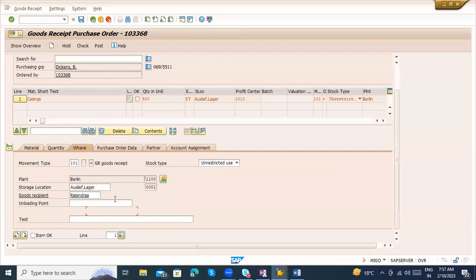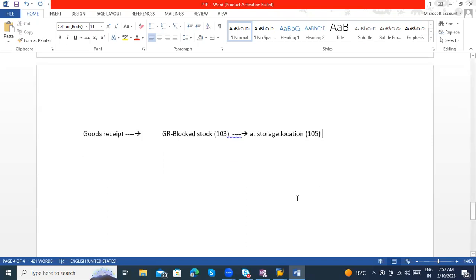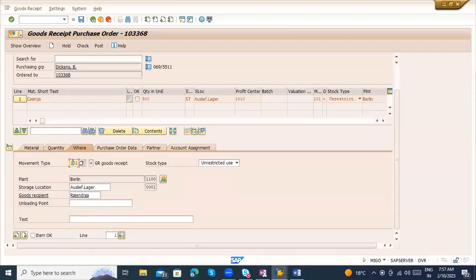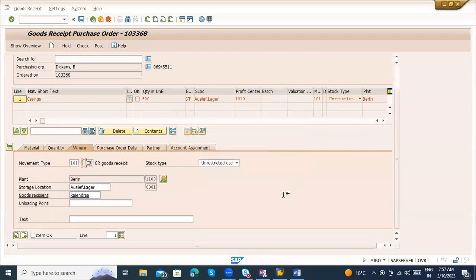So that information depends on that; you can enter this again. In this process, the movement types are different. In this case, 103 will come, and when you place it here, 105 will come. But in the other case, there is only a single movement type, that is, moving goods to our store location. And if you have any special case